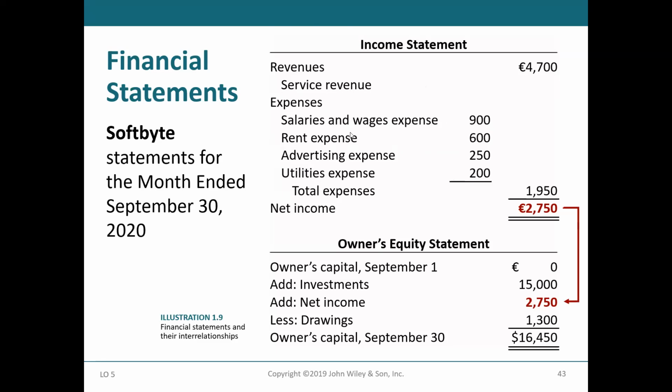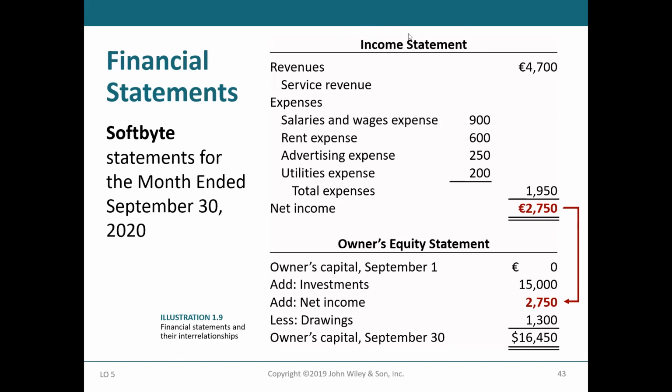So we have salary and wages expense, rent expense, advertising expense, utility expense, and total expenses. And so revenue minus expenses, we're going to have net income of 2,750. Remember that you always need to write the name of the statement, which is income statement, and